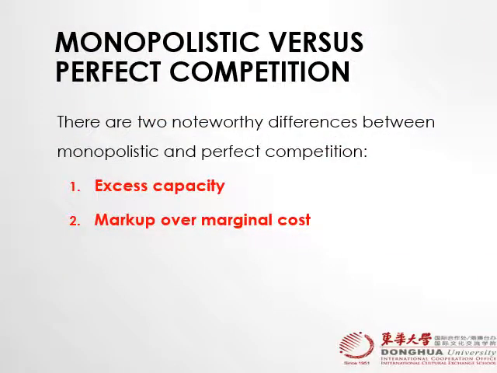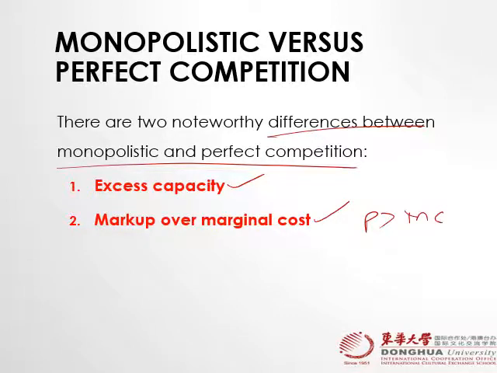So we have two differences between monopolistically competitive firm and perfect competition. One is excess capacity and one is markup over marginal cost, price greater than MC. We just learned about that, how price is greater than MC. We talked about it in our graphical analysis, but one thing that we should talk about is the excess capacity. So we will talk about both, but let's talk about first